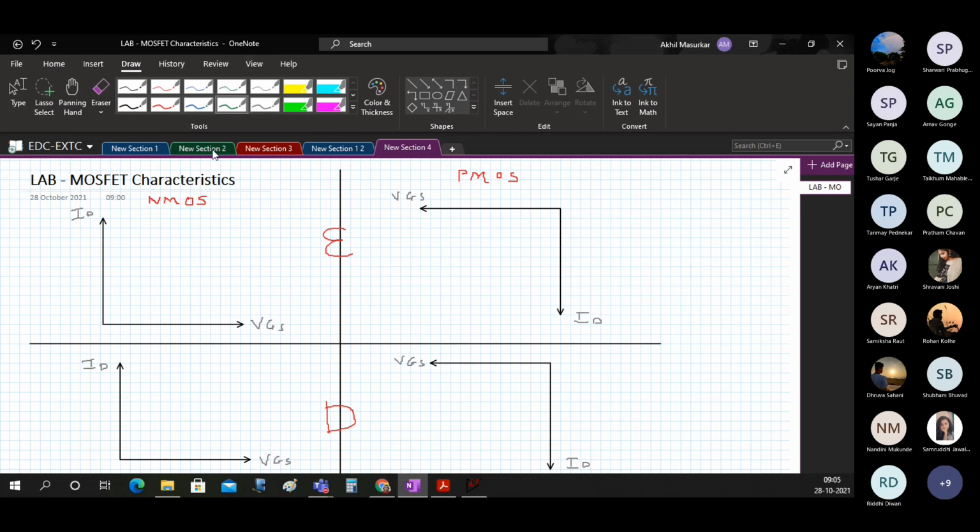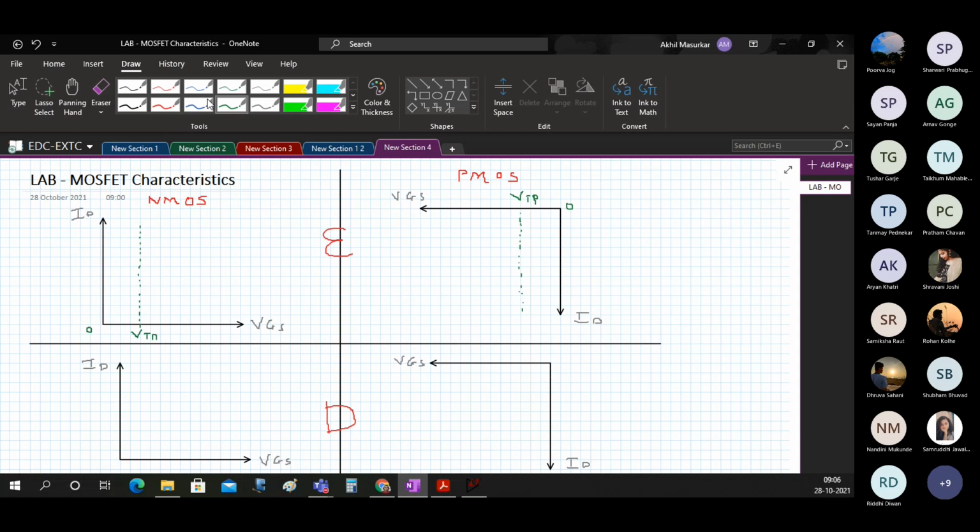We have seen through our problems that the threshold voltage of NMOS is positive. So this is VT, the threshold voltage of NMOS, and the threshold voltage of PMOS is always negative. That's why I'm showing it in the third quadrant. So this is VTP.